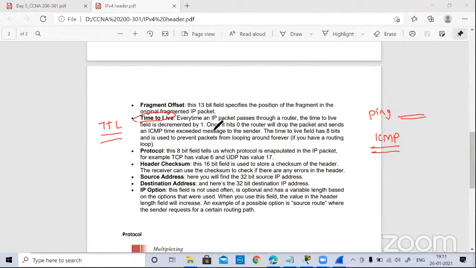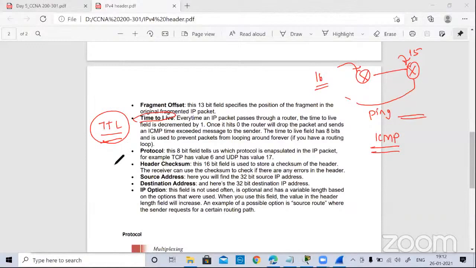Let's say I have set the hop count so that the packet can go through a maximum of 16 routers. When it is received at the first router, one count is decremented. Then when the packet is received at the next router, another count is decreased. So from 16 it will be 15, and likewise it can reach a maximum of 16 routers. In case it doesn't know where the destination is, or the packet is just being forwarded, it will not remain in the network for a long duration, because time to live takes care of that.